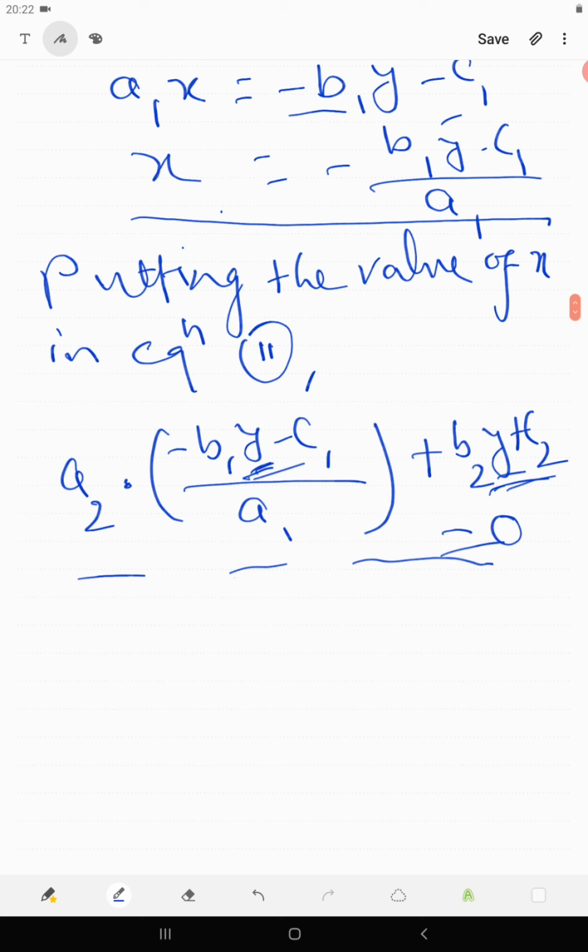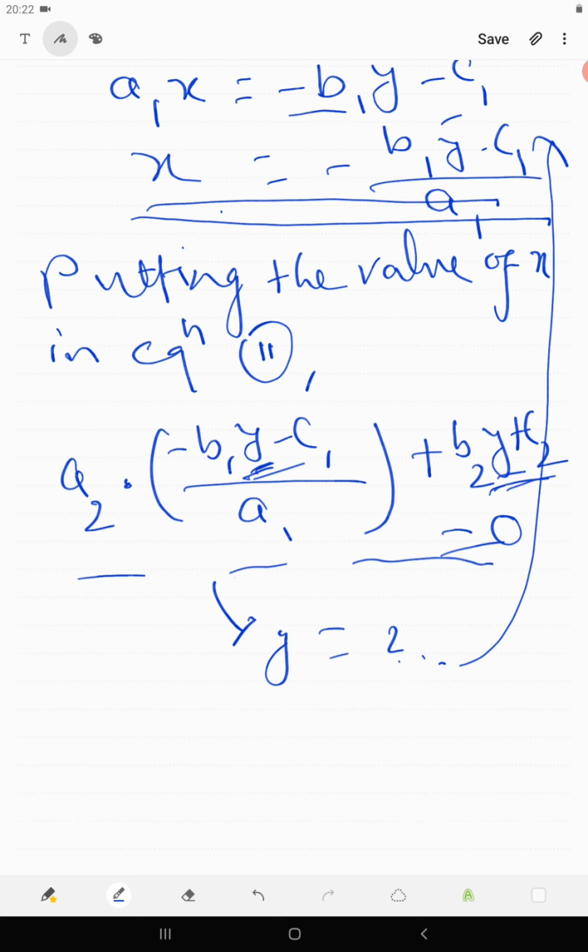Whatever y value I get over here, suppose I got y as 2, I will put this value again in x equals this, and we will get the value of x also. So this is the basic way of doing it. Now let's start and do the problems